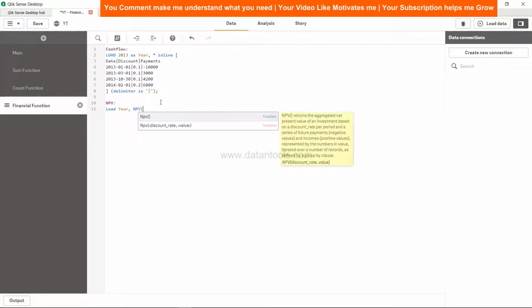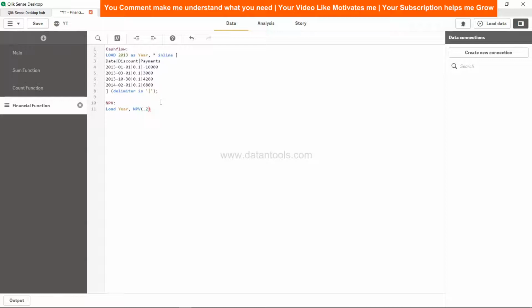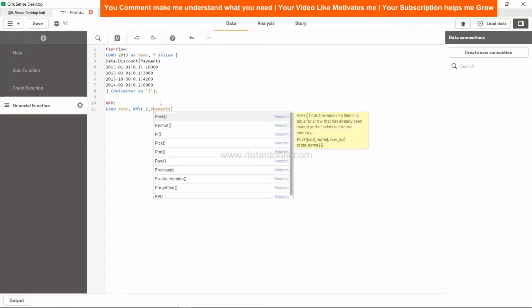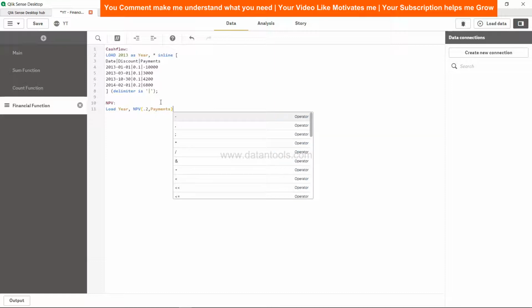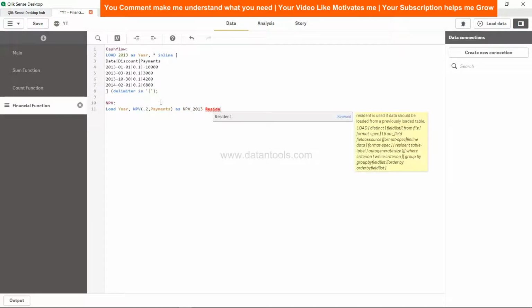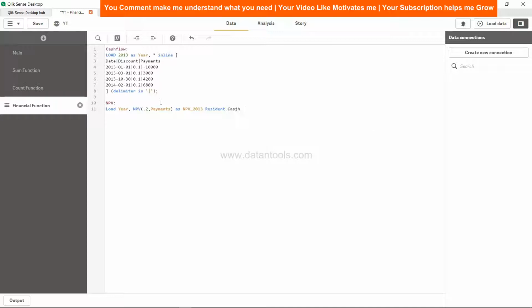Then we can have the NPV. I want to calculate the NPV by 0.2. It can be anything based on how the discount is in your real life scenario. But for now, we will say payments along with the discount. So these are our investment values, and we will call it NPV 2013 because this is for 2013. All right, and we need to reference this using the resident keyword,